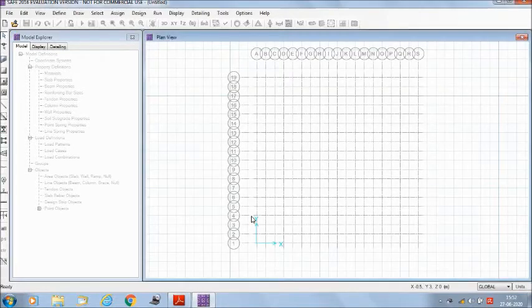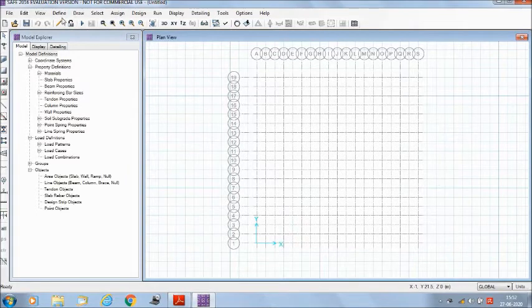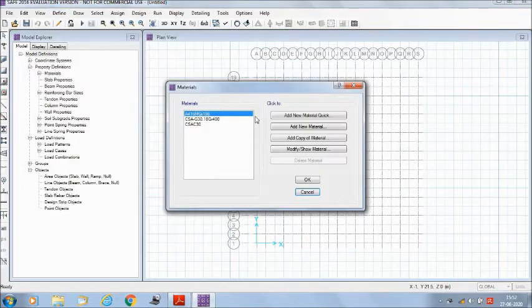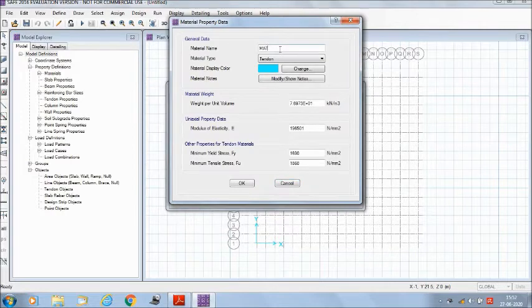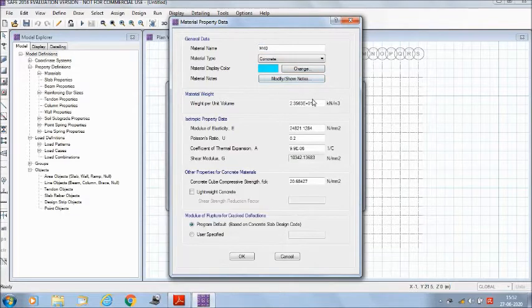Now we will define the materials. So we will go to Define, Materials, Add New Material. The material name is M40. The material type is concrete, and as per the material type we will give the values.